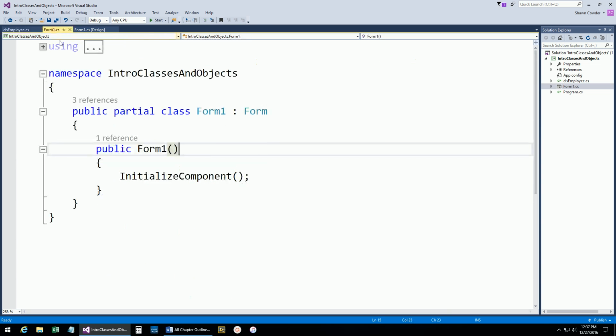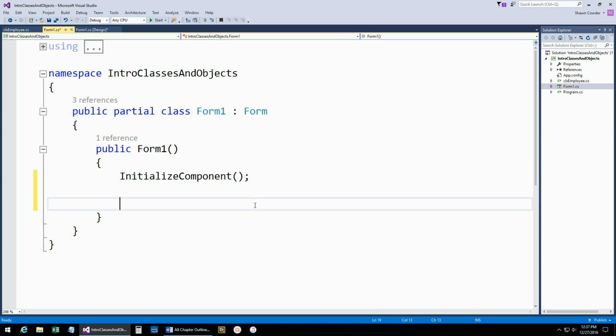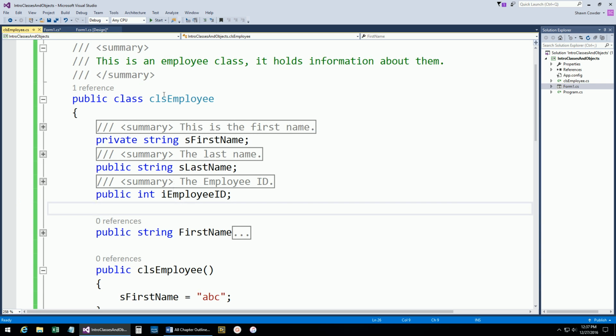So now let's go back to our farm code, and we're going to actually use that employee class. What we can do now is say, all right, I want to instantiate my employee class, and we do it just like with doubles or integers, how we started off. So CLS employee, and you can see it pops up. This is why we use XML comments, because you can see right here, this is an employee class. It holds information about them. So if we come back over here, you can see that this is the comment that it's showing in that